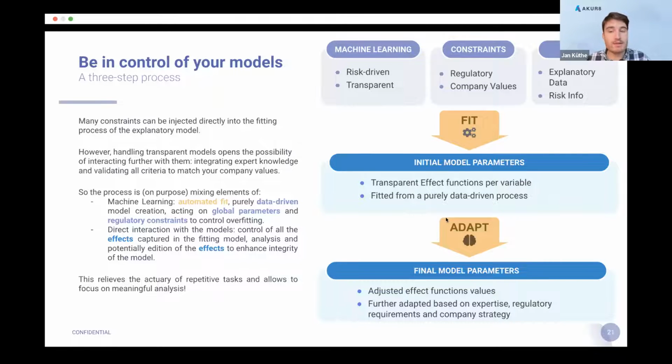But on top of this, due to the nice structure of the generalized additive models, you can use your actuarial expertise, that is, a field expertise view on things, to then adapt and change the model suggested to you.